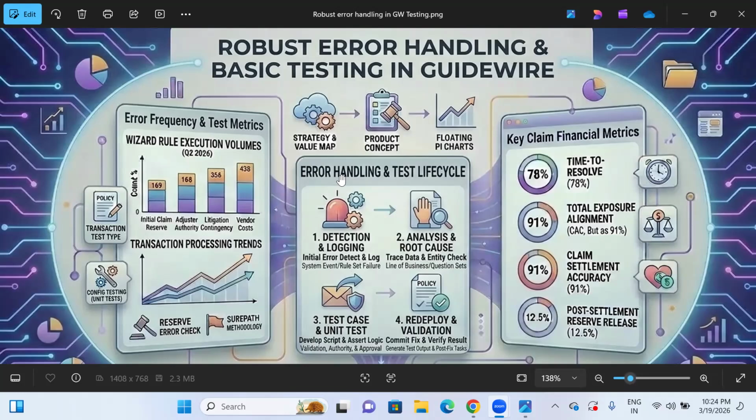So these are the three major things one should be knowing whenever we are working on the error handling, especially in the part of Guidewire when we are proceeding further towards the testing. Either it can be in PolicyCenter, BillingCenter or ClaimCenter. So the process remains